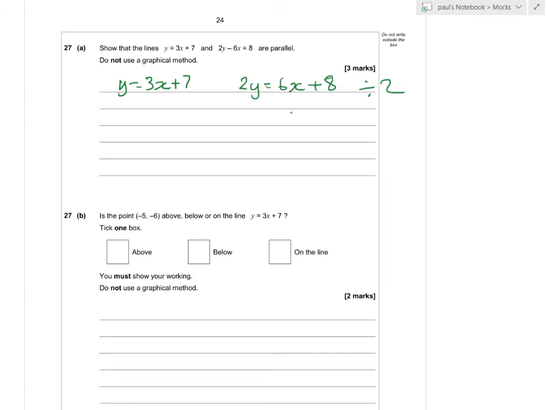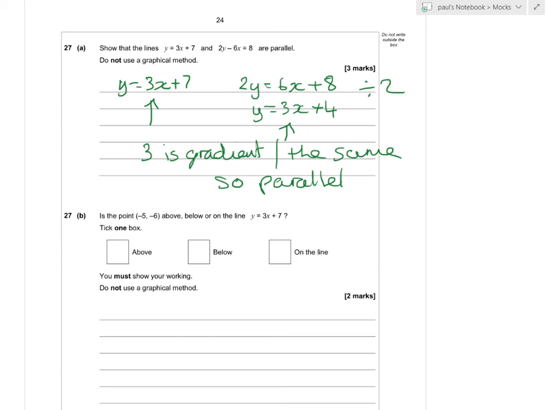Divide by 2, so y equals 3x plus 4. This one and this one, 3 is the gradient. The same. So,